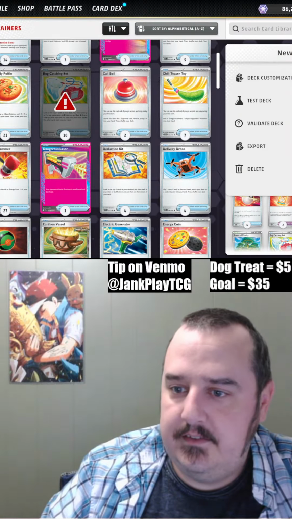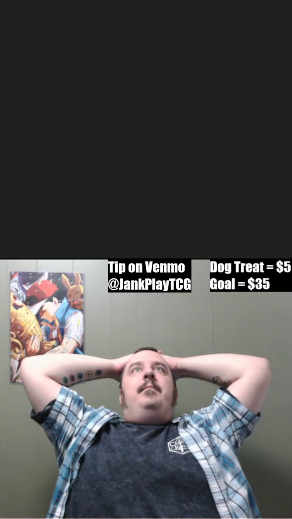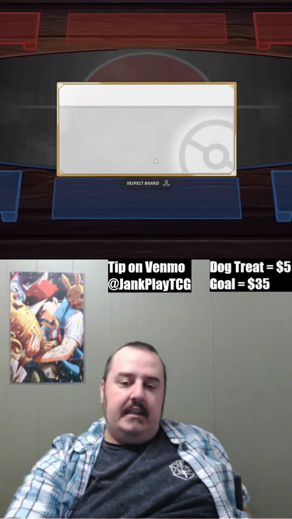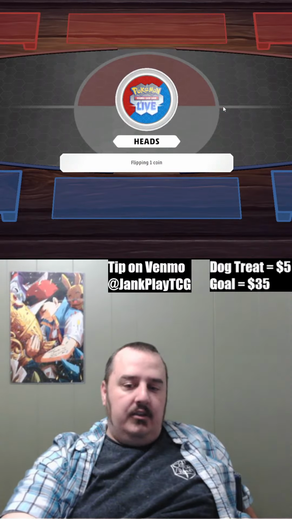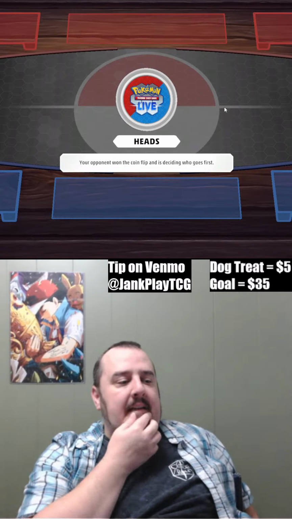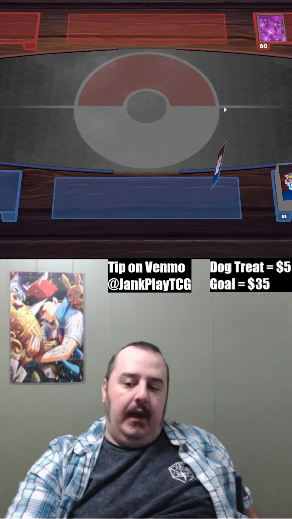Let's test this out. I guess I also could have run a Ditto, just to help us with mulligans a little bit, you know? Run us a Ditto or two, just in case you start with it in your opening hand, you can use it. Now, how likely are we to actually get this functioning? Probably not very, but...